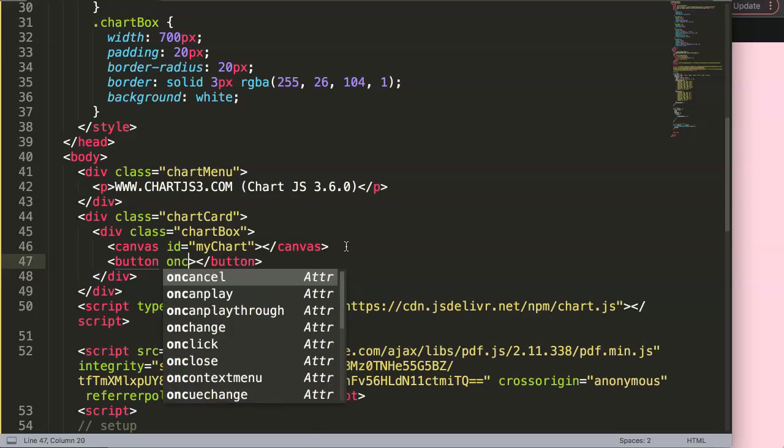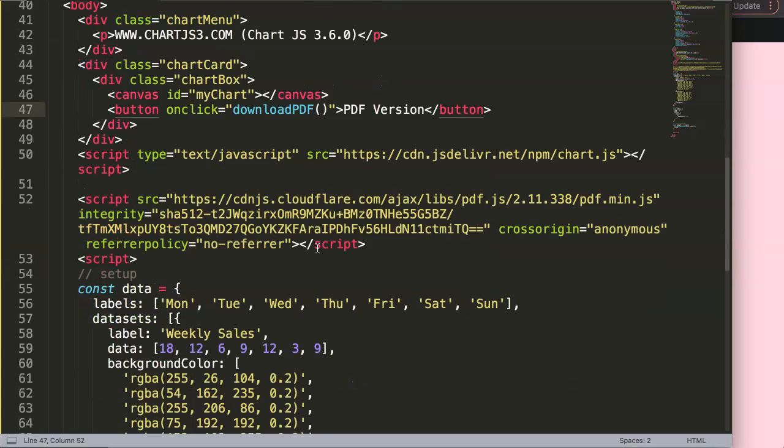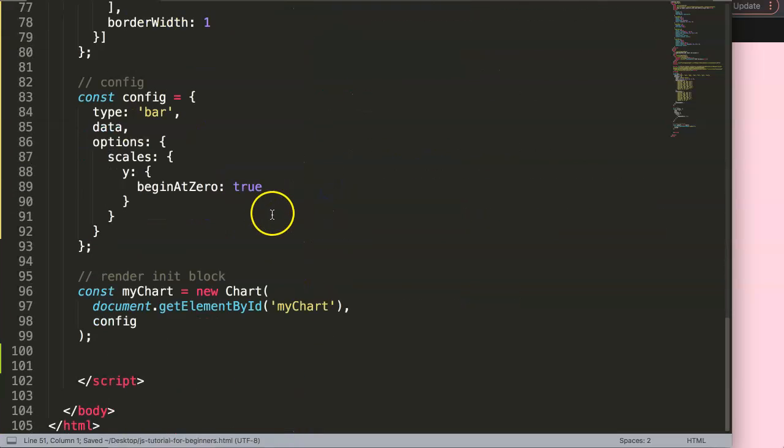And in this button, we can say here on click, and I'll just say here download. Oh, make sure you put it between there. Download PDF. So we have this one here, and then we say here PDF version. Alright, so once we have that one, the next thing we need to do, of course, is get the function. So we say function, and then download PDF, and then in here